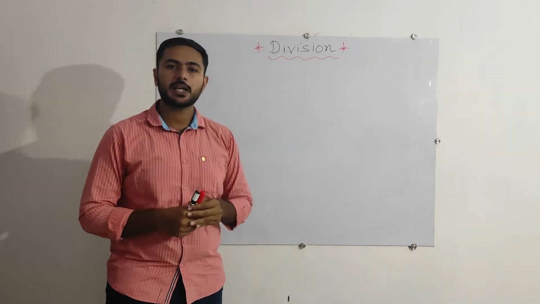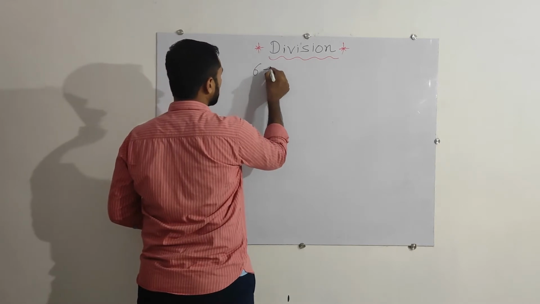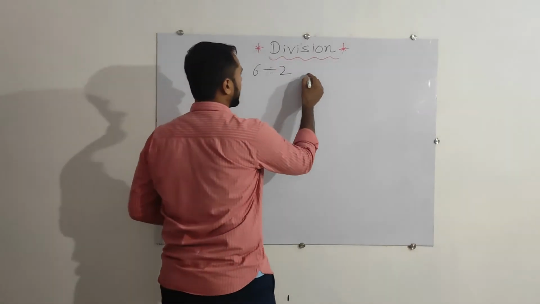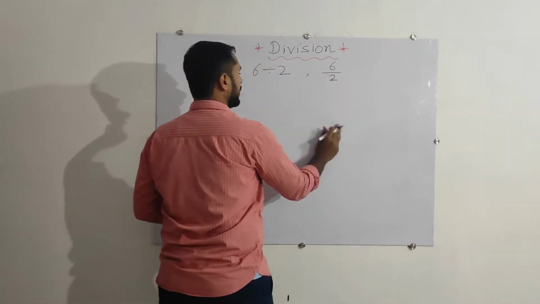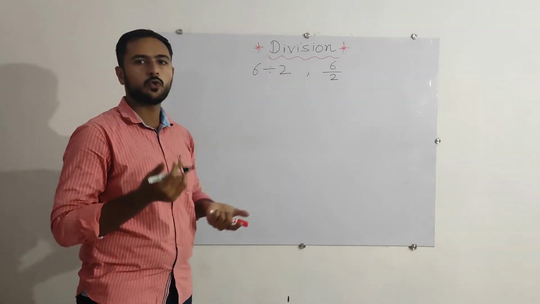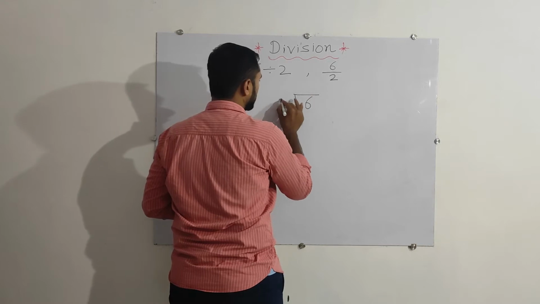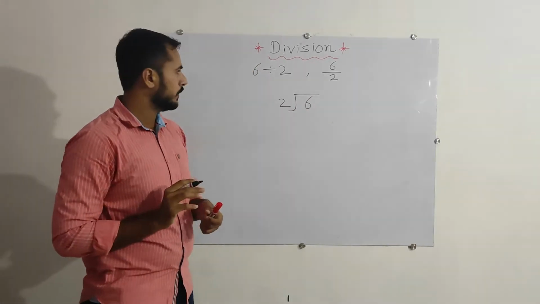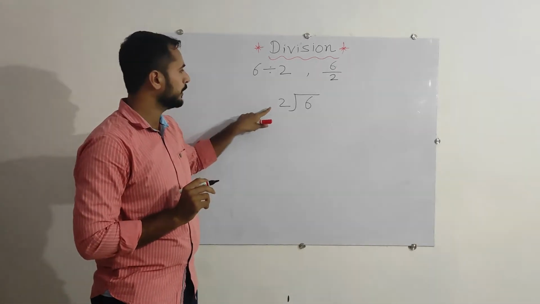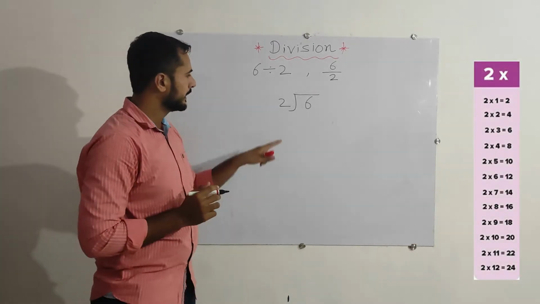In division, we will start with 1 digit number and 1 digit number. For example, if I just divide 6 divided by 2. Okay. Sometimes the question is given in another form also, like 6 divided by 2, but the meaning for both is the same. So for both the formats, we are going to do the same process. Now we have to remember the table for the number 2, because whatever the number outside of that box, we will use the table for that number. Here that's the 2.